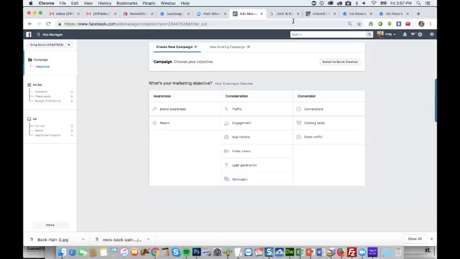Basically, everybody that clicks on your ad and visits your page will get a cookie, and that's going to build an audience. So you can have an audience of people that have visited your page. They've already expressed enough interest to actually click, so then you can set up a remarketing campaign just to those people. But in order to build that audience, you've got to have this pixel.